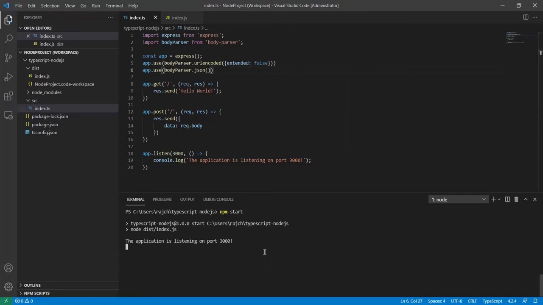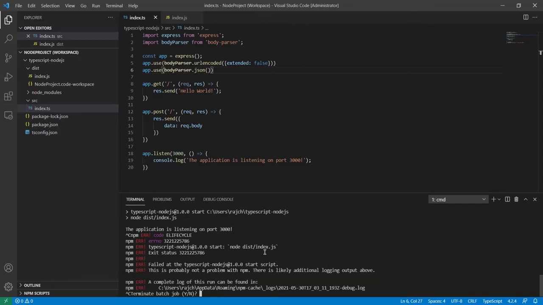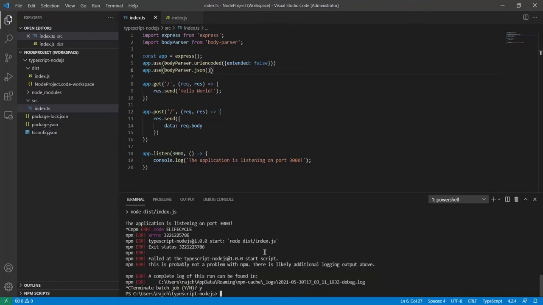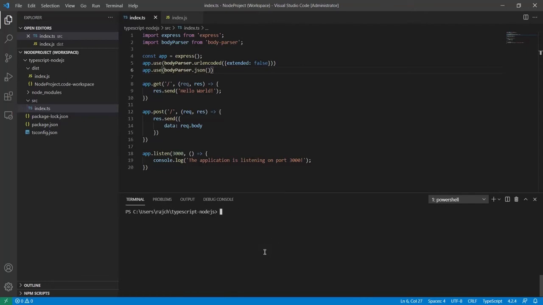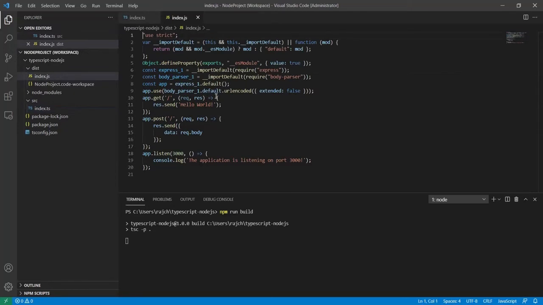Let me run it again. Let me stop this and clear the screen. I will first build the latest change so that the JavaScript code is updated. Once I do this, it will also update the JS code. You can check it here.